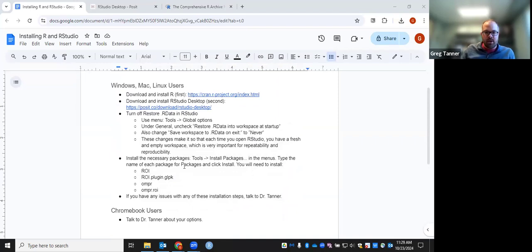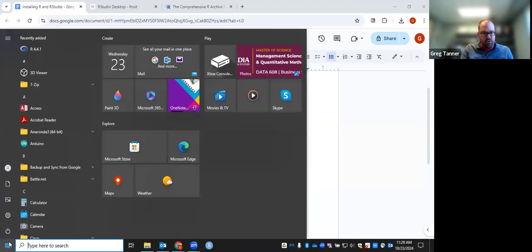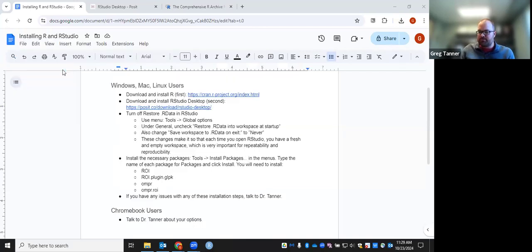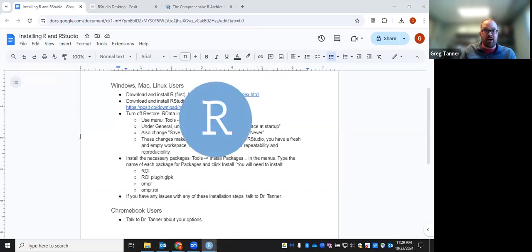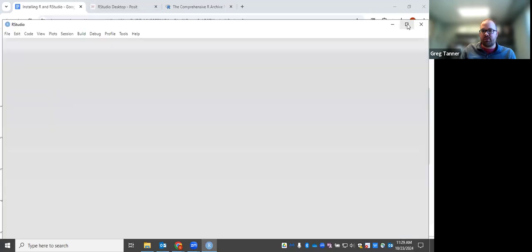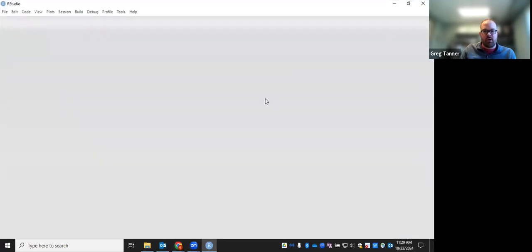And then we're done with the installation steps, and now a couple more steps to get ready to be able to use R. Go ahead and open up RStudio. For me, on Windows, I'll just open up my Finder and search for RStudio. On Mac, similar steps. Find it in your Applications menu. So once you've got RStudio open, a couple steps to make